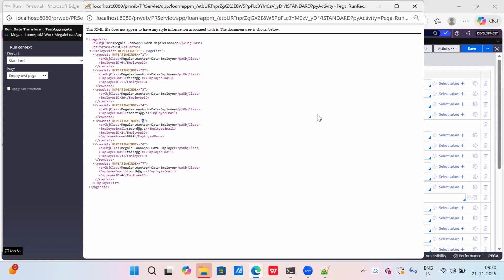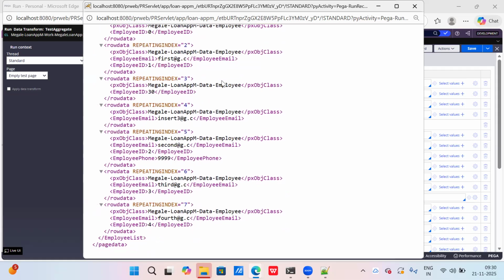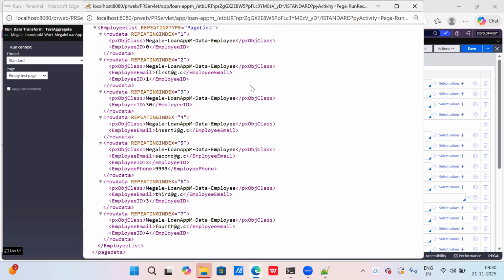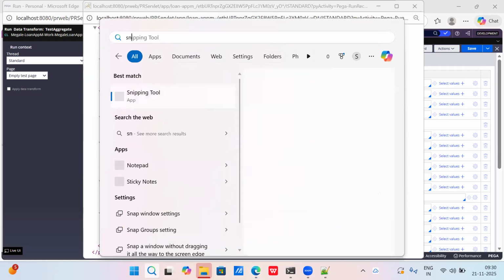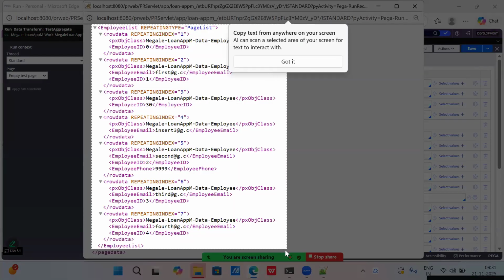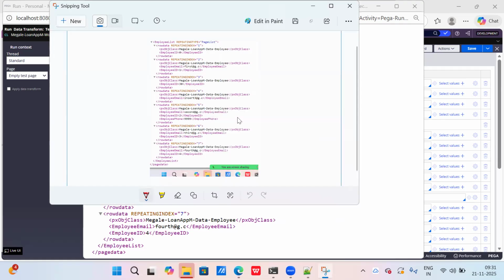Let's understand it in a simpler way. I'm just taking this screenshot here. Got my question? Let me rephrase that question once again. Copy this.